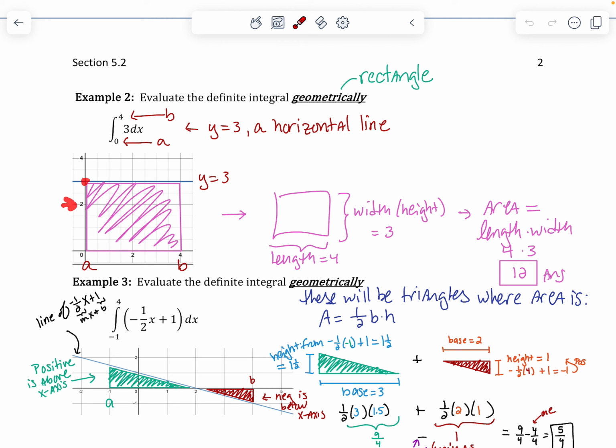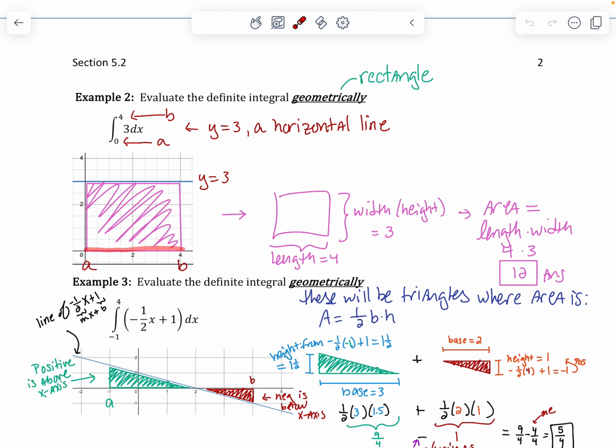If this is 2 and this is 4, then 3 is in the middle. When x is 1, we have a height of 3. When x is 2, we have a height of 3. When x is 3, we always have this height of 3 because we have a constant function at 3. Well, if I'm evaluating from a equals 0 to b equals 4,